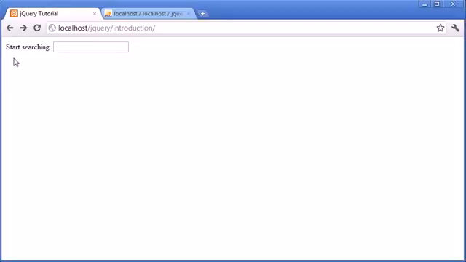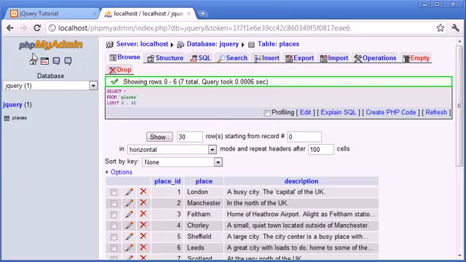We're going to be taking a look at combining jQuery and PHP to create an instant search engine, I guess, and these values are going to be taken from a database. Now the first thing we're going to take a look at is the database itself, so let's go over to